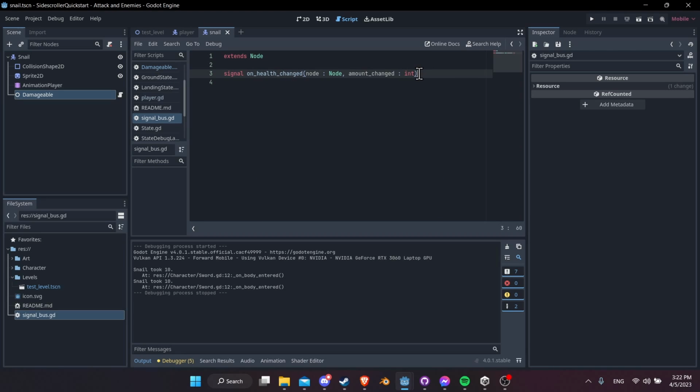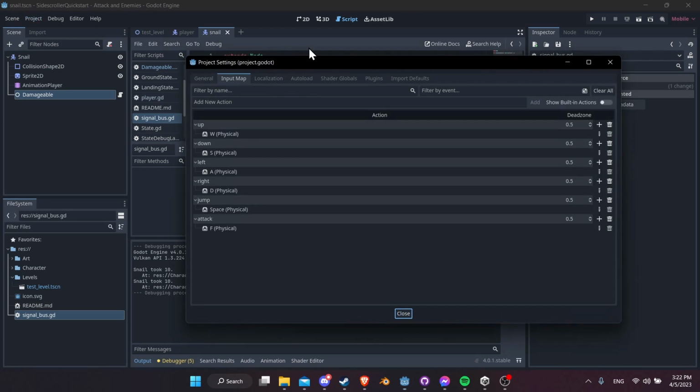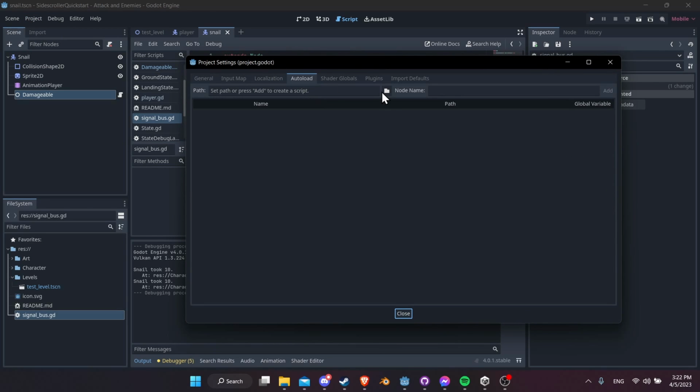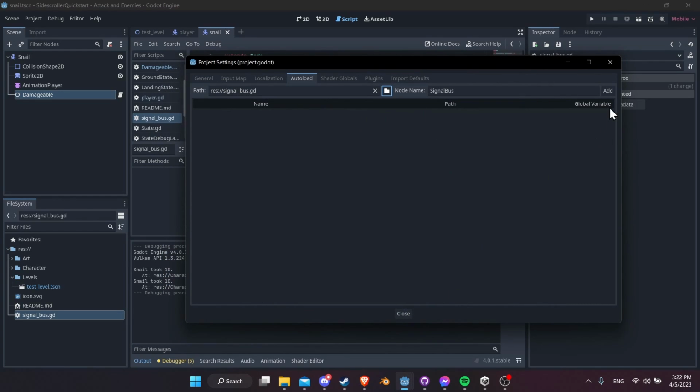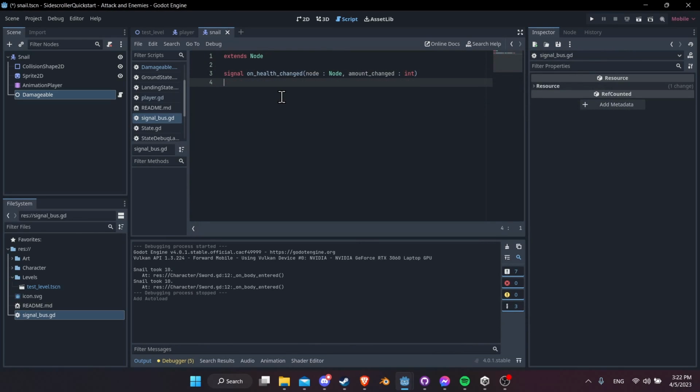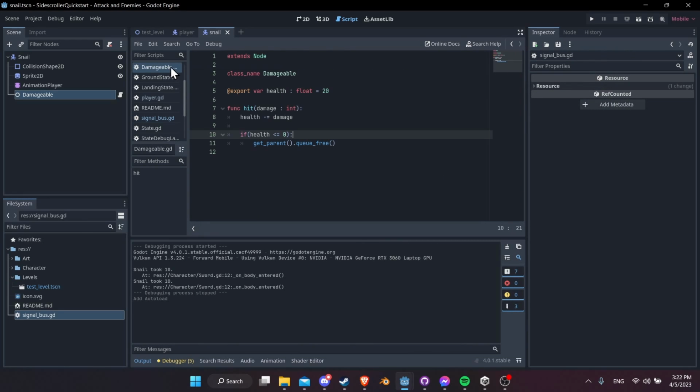Okay, so now in order to use this signal, we need to take this script and make it a global autoload. I'll go to project settings, autoload. Let's add a script. We're going to do signal_bus.gd, add, okay, and hit close. Now that that is made into a global variable, so to speak, we can go to damageable. Whenever we get damaged, we can just emit